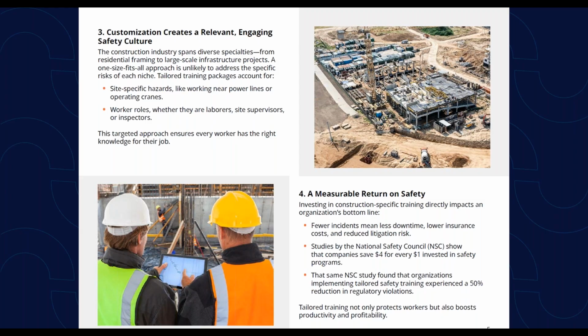So if any of you who are working as safety managers here have previous data on how much we spent on the job site for incidents, I think you can quickly see that even saving ourselves from one injury, one fatality, and one just incident or even violation from OSHA can save us huge money in terms of return on investment. In looking at the National Safety Council study that was done, companies save $4 for every $1